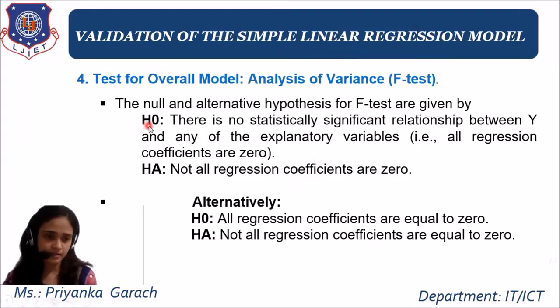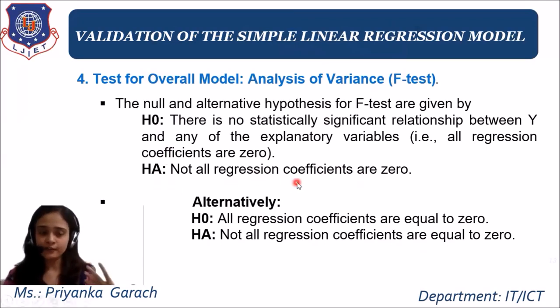If it comes out as H0, it means there is no linear relation in your data set. It means you can't find any simple linear regression line. If it is HA, then you have to visualize again what is there in your data set.